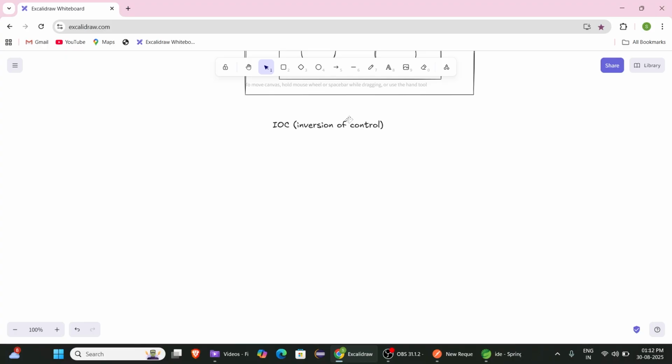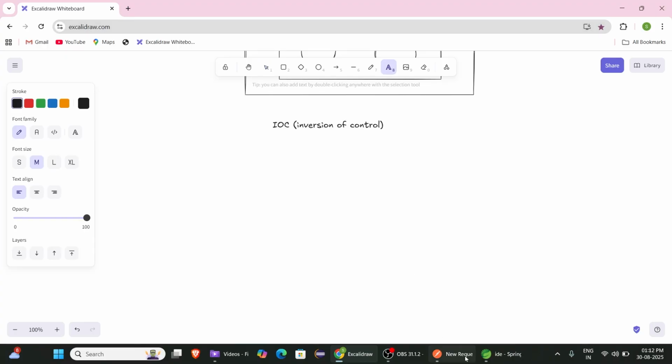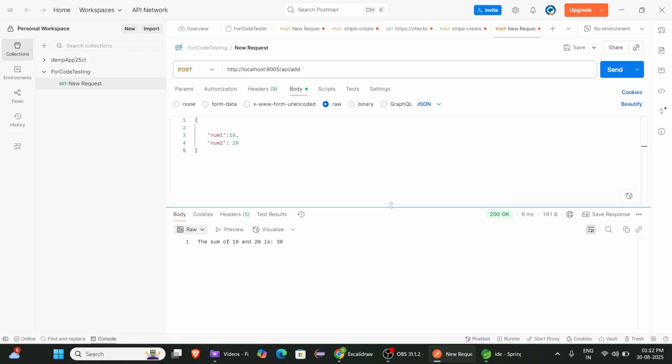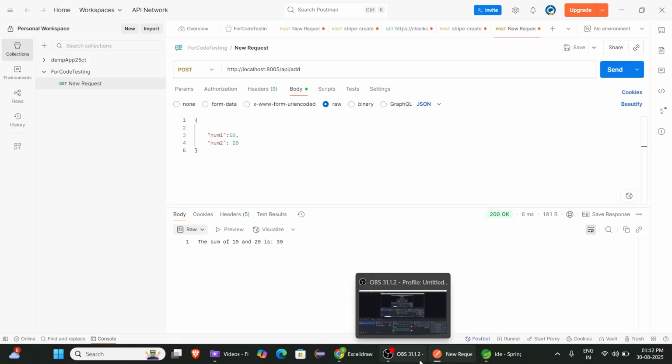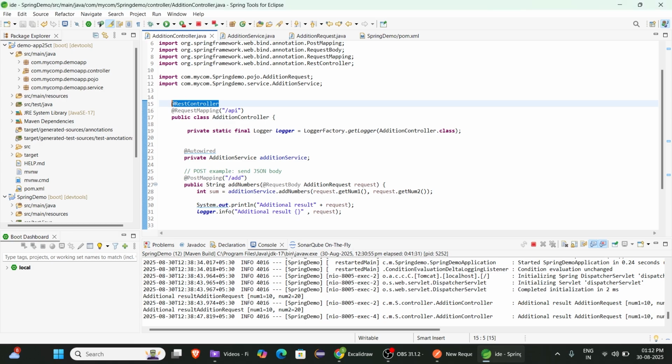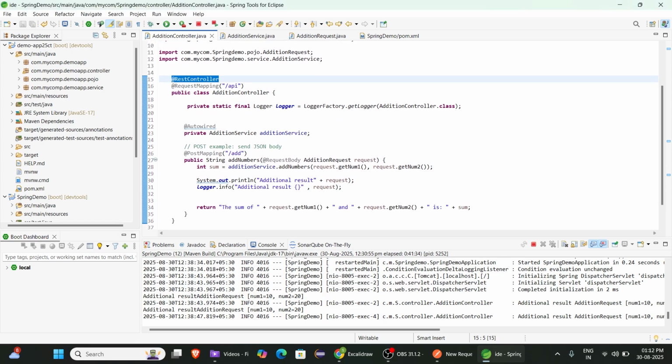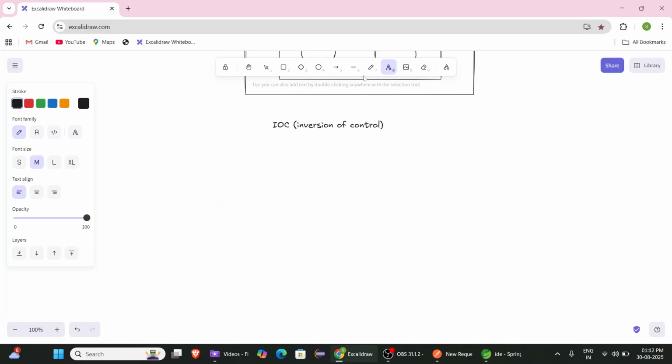Now let's look at another annotation. See here in your code, we are using @Autowired. Now let's understand this annotation. What is the annotation called @Autowired? In core Java, you have to understand whenever we want to access one class's functions from another class,